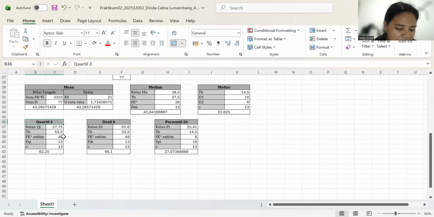Percentile. The logic is consistent with quartile and decile, and the main difference lies in the class location, where the total data is multiplied by a fraction over 100 because of the percentile. The lower limit, cumulative frequency and class frequency are then taken according to the newly determined row.